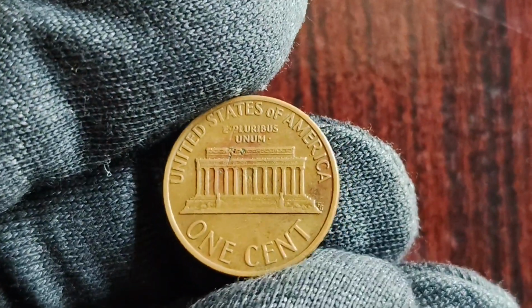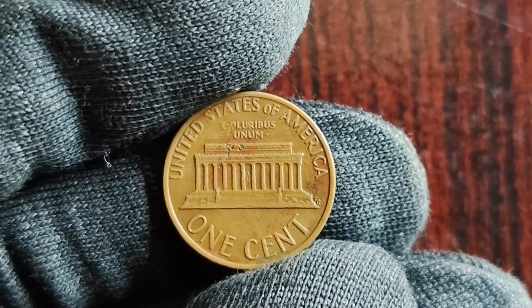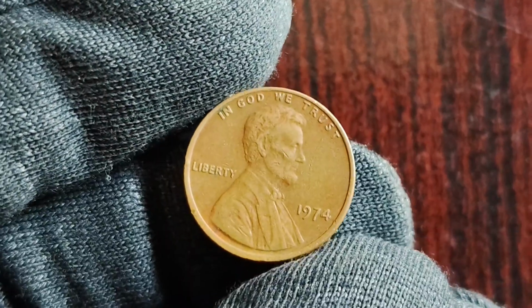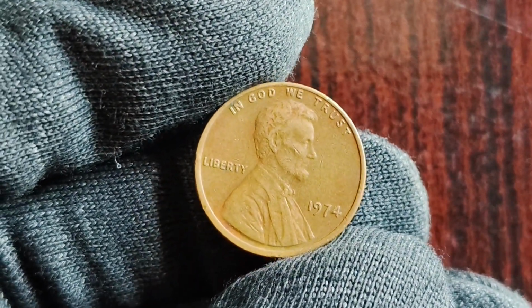And now, let's talk about the market value. While most 1974 no mint mark Lincoln pennies you'll come across are likely to be worth just a penny, certain specimens have sold for staggering amounts in auctions. In recent years, a few exceptional 1974 Lincoln pennies have fetched prices over $50,000, and the highest recorded sale reached an astonishing